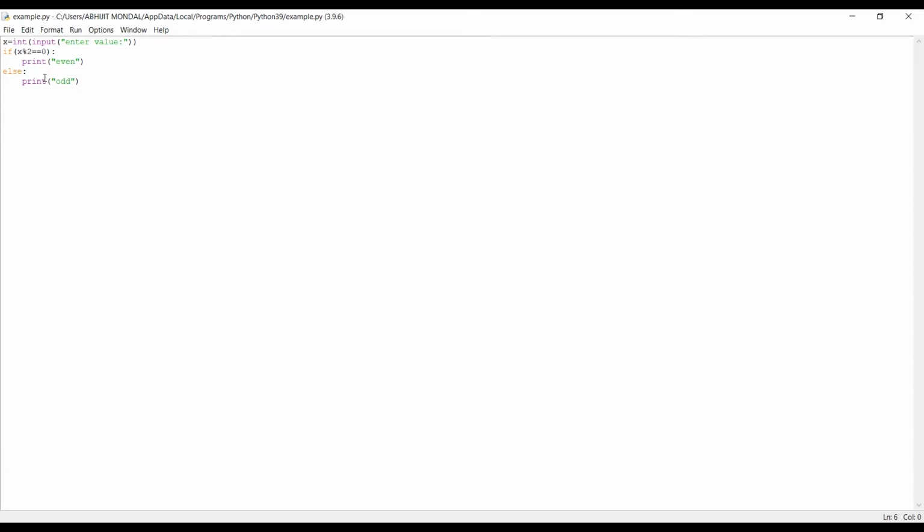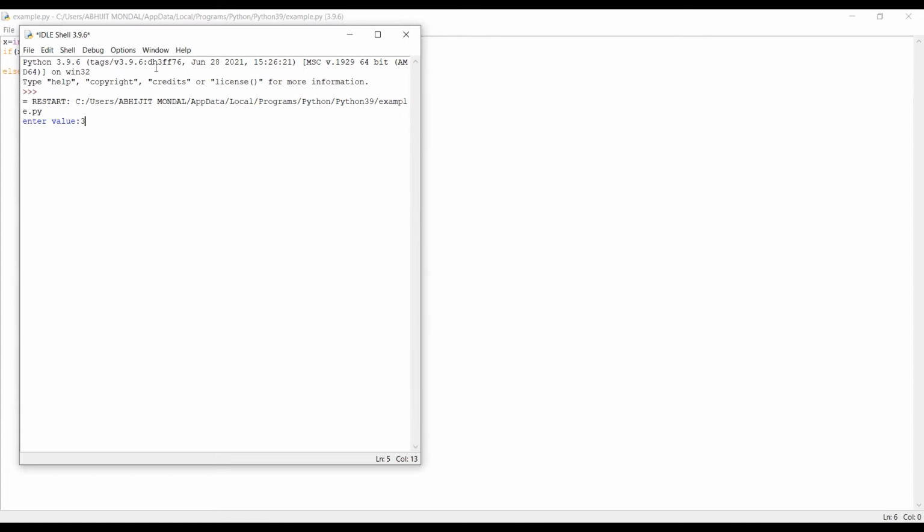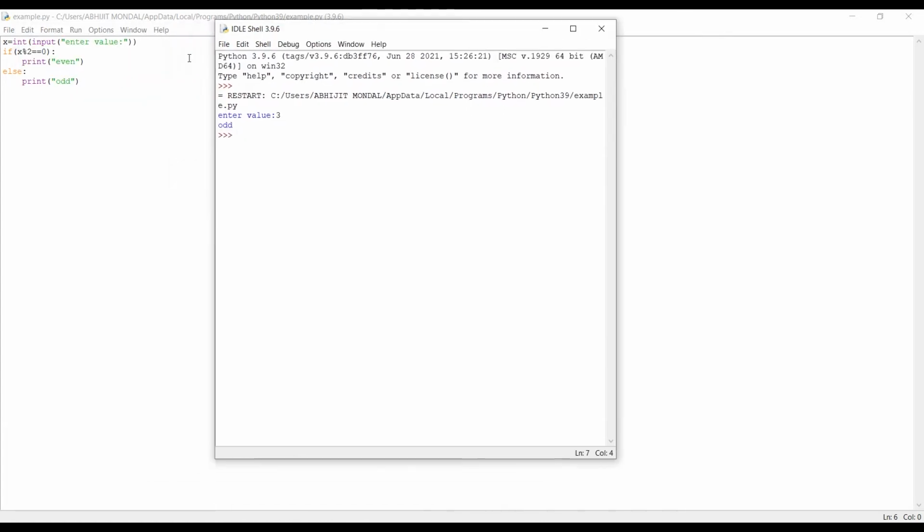So here it is, our program. We'll save it and then simply run it. We'll enter 3, which gives odd. 3 is not divisible by 2. In this case 3 was not divisible by 2, so the if condition was not satisfied, so it directly switches to the else condition and prints odd. Let's take another example.